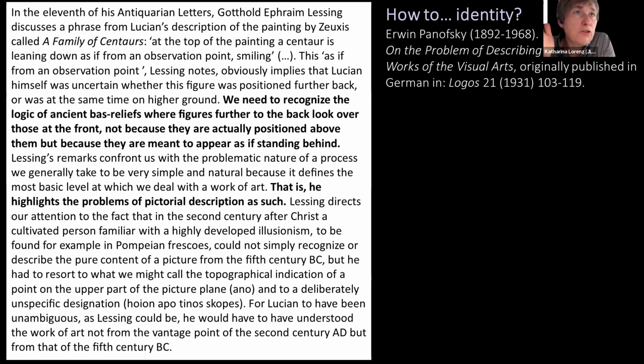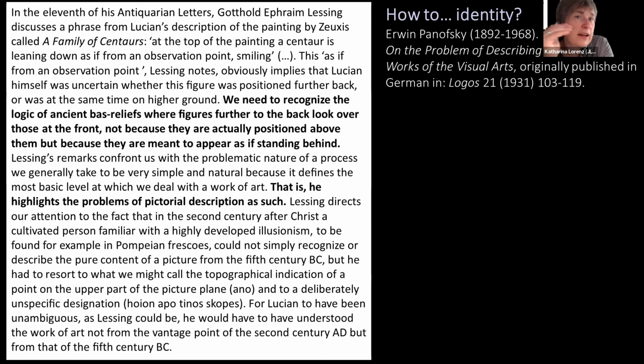And he uses this episode to say that Lucian, who was quite a smart guy, wasn't actually able to come up with an appropriate description of this particular painting. So this is Lessing's argument that pictures are not clear. And Panofsky turns this around and says, well, no, the problem here is not that pictures are not clear, but the thing is that in order to be able to understand a picture in the way it wants to be understood, you could say, we as interpreters actually need to have an idea about the stylistic